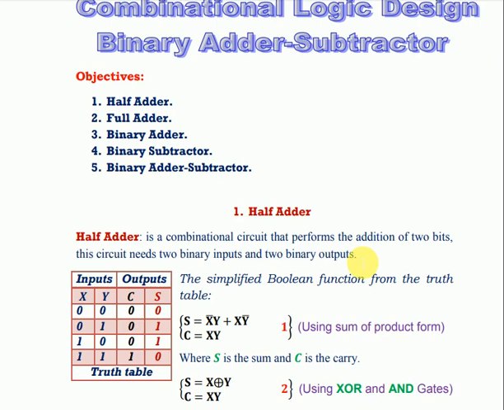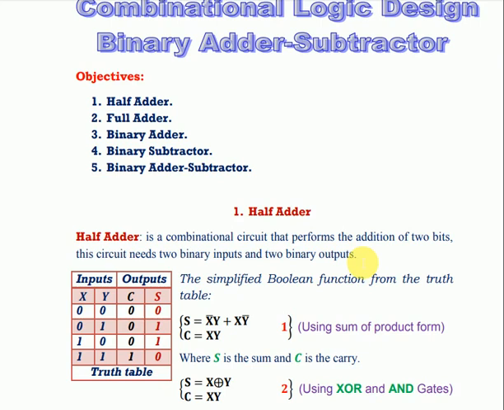When we simplify the Boolean expression from the truth table, for the sum we get x complement y plus x y complement, and the carry is equal to xy. These results we get from the SOP, that is sum of products form. One thing more that you can do is the product of sums. So do it by yourself.